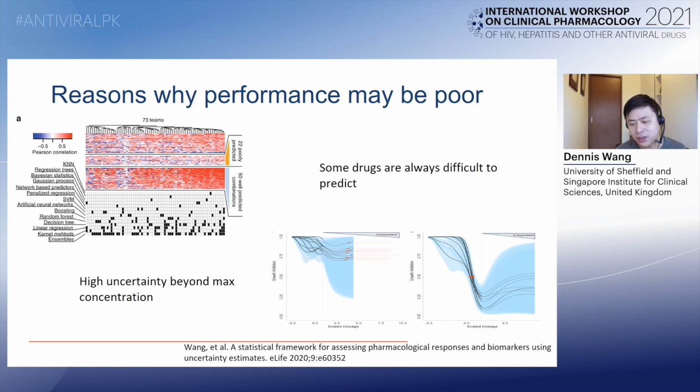And so after developing some methods published in this eLife paper for quantifying the uncertainty in drug response, we found that different experiments had different levels of uncertainty, as highlighted by these blue shaded confidence intervals. So we looked at the dose response curves of the data that was trained in here and found that there was